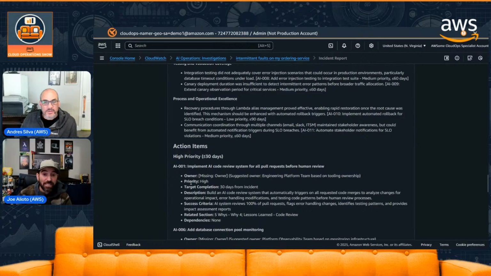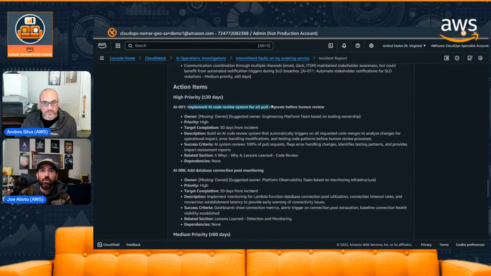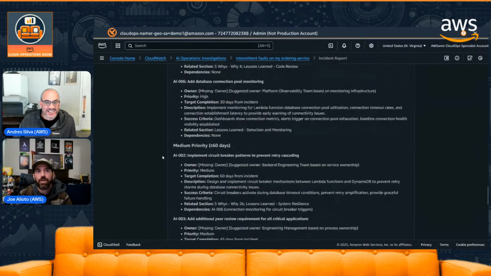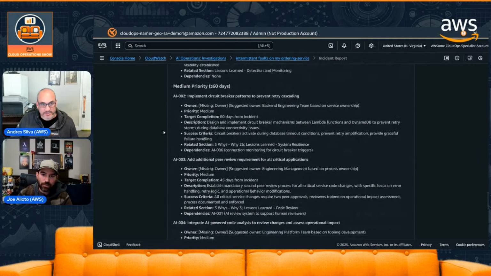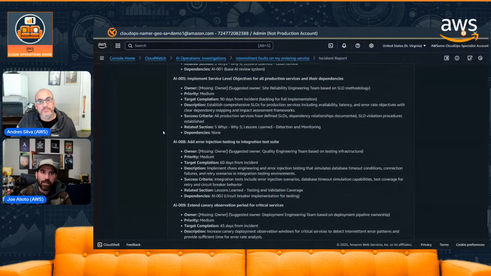And then it makes these nice recommendations, right? What are the high priority, medium, and low priority? So high priority, in the next 30 days, implement an AI code review system for all pull requests before human review. Add database connection pool monitoring because there's a database issue like that. This was a little bit different, but not all of these may be exactly what you need. They're a good starting point for, hey, maybe some of these action items are ones we want to take, and you can keep those. The ones you don't need, you can just modify as you need to. But it gives some good recommendations on what you can take action on and potentially the format of